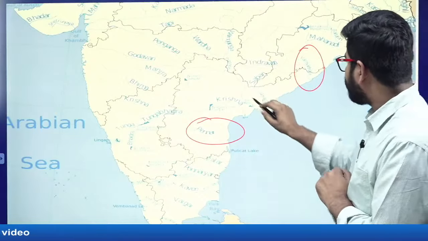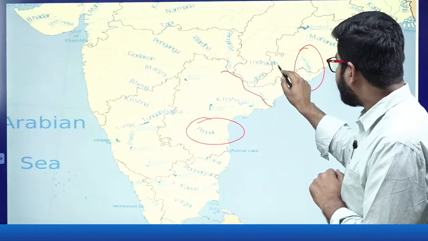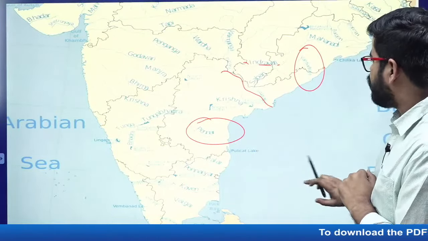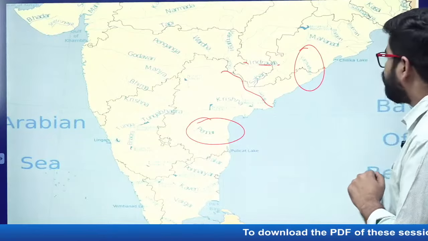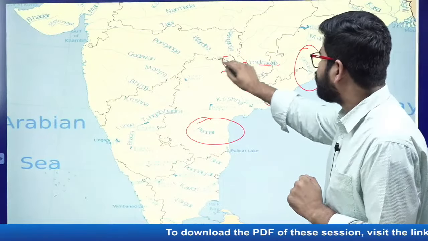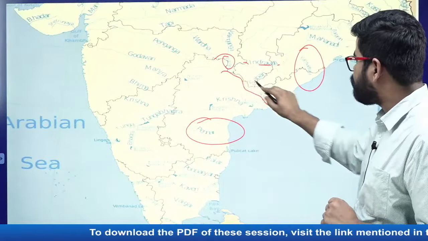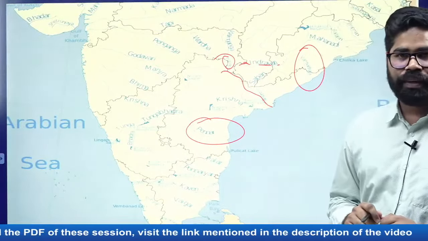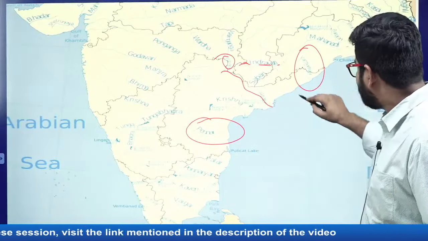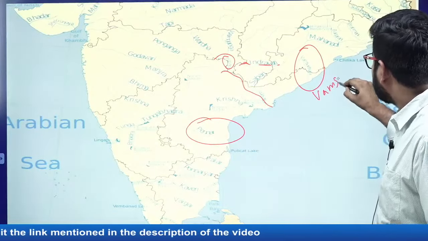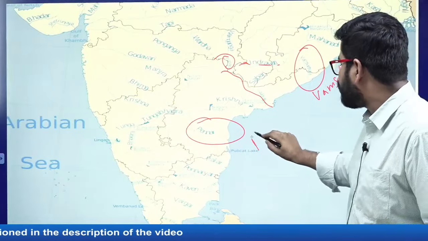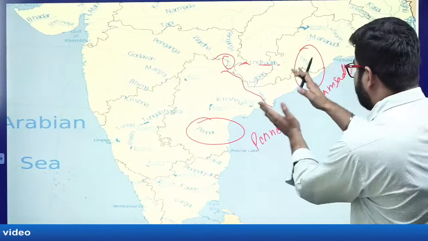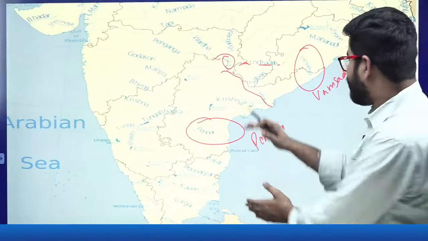Okay, this is your Godavari river. Okay, here Indravati is also a tributary of it. Okay, and then we have also seen the second name was about Pranhita. So Pranhita is also here, the tributary of Godavari river. This is the flow of Godavari river. You can see Indravati is here, and then even Pranhita is there. Okay, so they are the tributaries. You can see Vamsadhara is here. And here you have this Pennar river. Okay, so they are not, you can see they are very far away from this entire Godavari region.